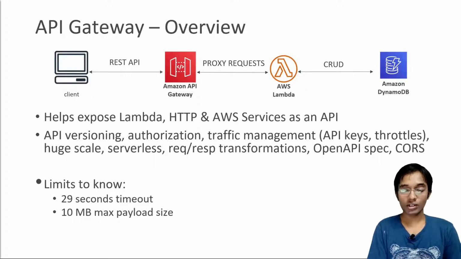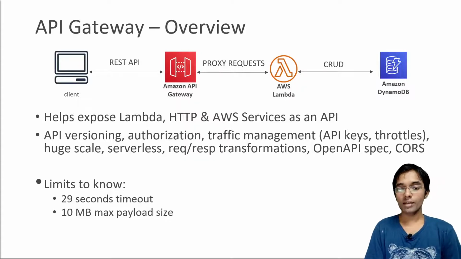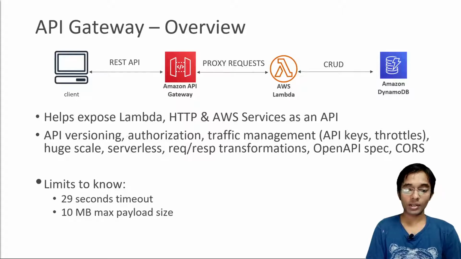But as the general idea, our first point of contact with our client is going to be our Amazon API Gateway. So what it does is help expose Lambda functions, but not only, also HTTP endpoints and AWS services as an API. But why would you leverage an API gateway instead of just calling these things directly? Well, the API gateway gives you a lot of features that you may want if you are maintaining APIs at scale. So the first one is